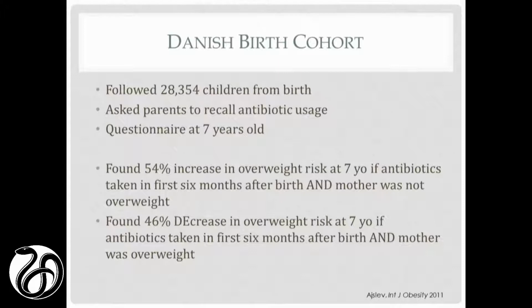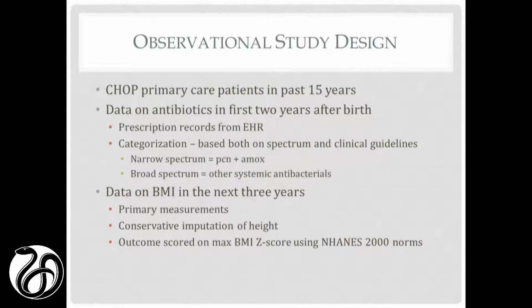Similar results have been published recently from a Canadian retrospective review of provincial-level birth and utilization records. And interestingly, that group found the association between infant antibiotic exposure and later obesity risk only in boys. So, the landscape makes clear that there is a repeatable correlation found, although causality is always difficult to infer from these studies, but that whatever the mechanism behind the correlation is, it's not going to be simple and straightforward. All right, next